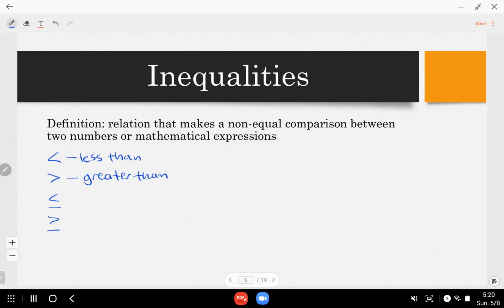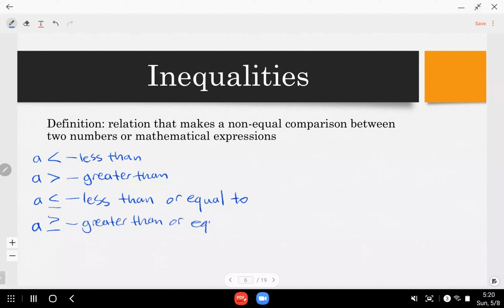And assuming our numbers over here, A is less than, A is greater than, A is less than or equal to, and A is greater than or equal to,